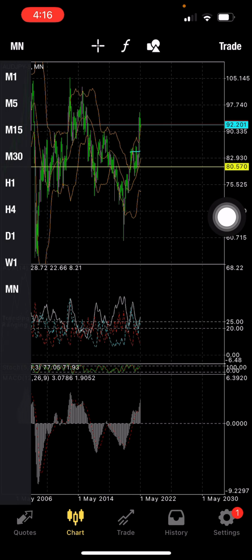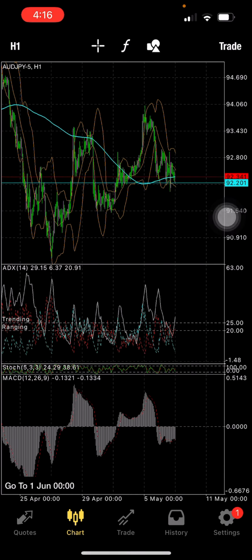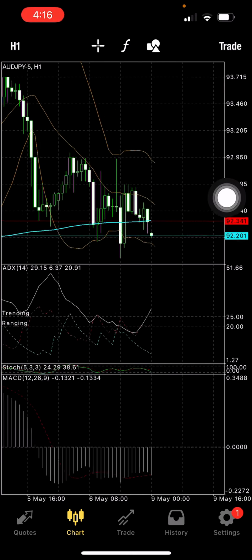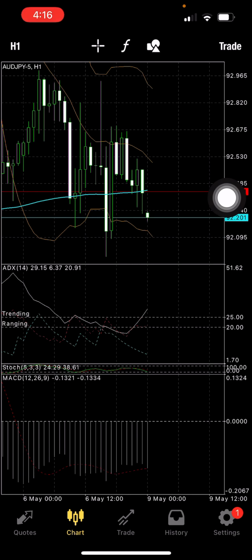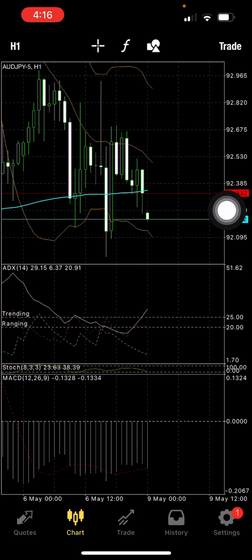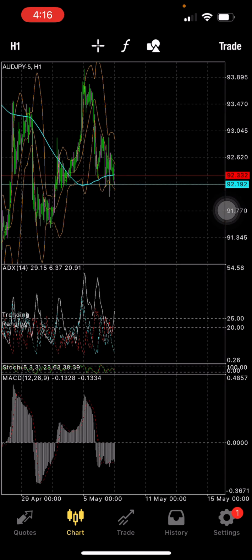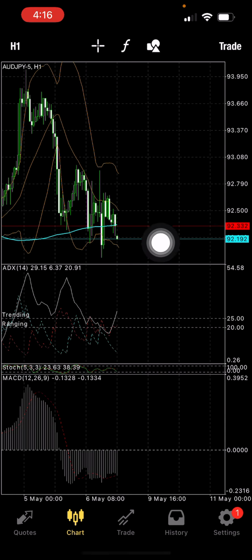Now I'm gonna go down to my 1 hour, and it's hitting the bottom. Okay, this doesn't mean you automatically just open a trade for sell. I usually wait for my retracement to act up. So if it's gonna go down, I'll wait till it retraces to the midline, and that's when I short it. Okay, I don't short it up here. I'm not gonna short it right now,